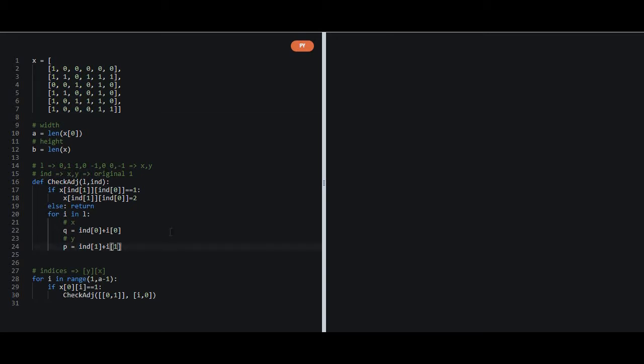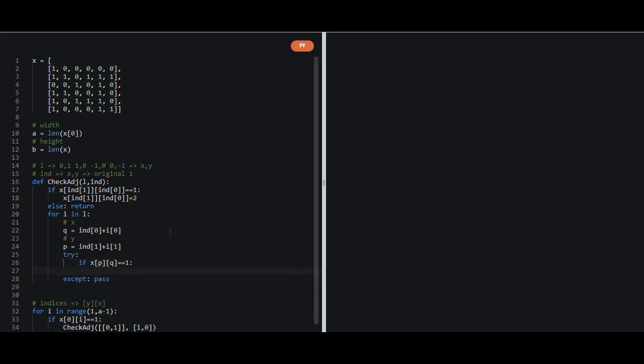So in order to pass through that exception and not show it on the screen, we will have to use the try and except conditions. And now we will try if we find that x y value first, and then if the x value is equal to 1, then we will apply the same function for it.